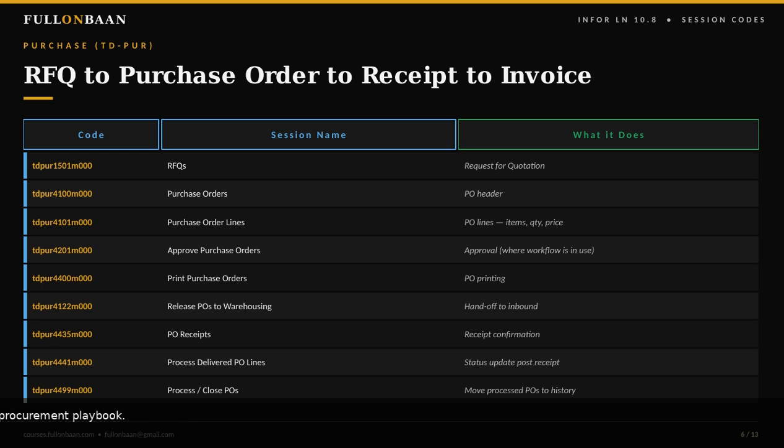Same shape as sales, just swap SLS for PUR and you have the procurement playbook.